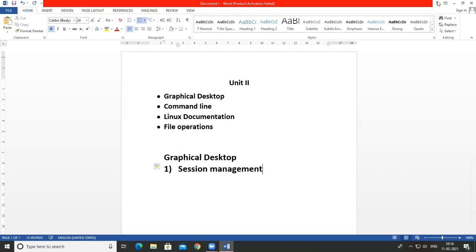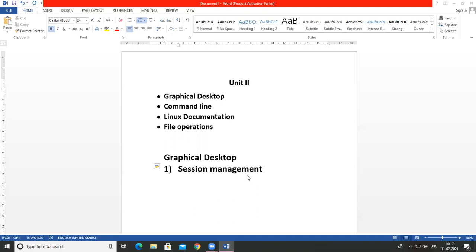Session management. Okay, so what is meant by session? If you are working in a computer system, then there is one facility which is a session. When you are going to work in your computer, then you create a session in that system. Okay, and when your work is done, after that this session is going to end. Okay, so in a Linux operating system, there are GUI session managers. So there are different applications here for providing sessions. So that are also called GUI session managers.